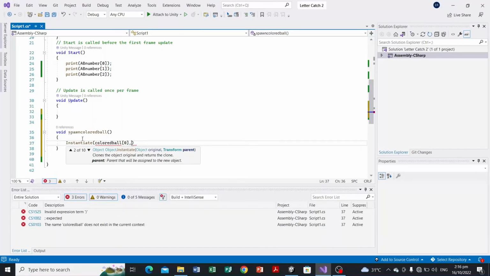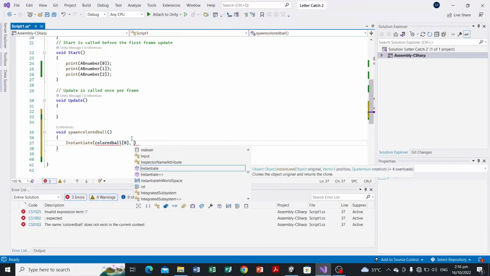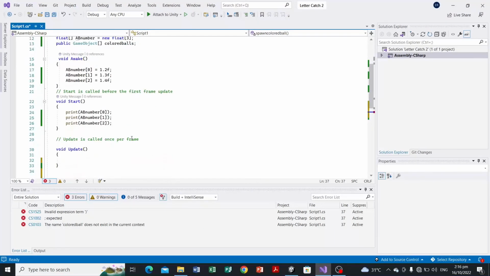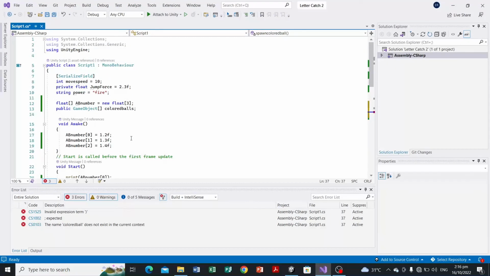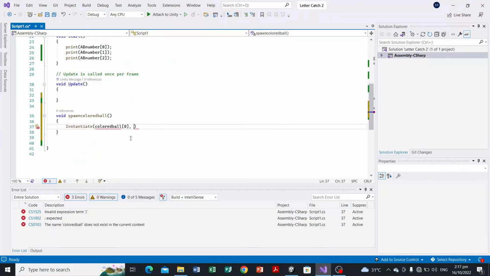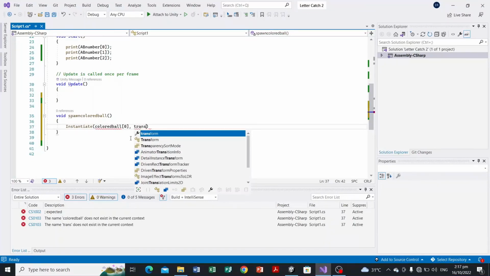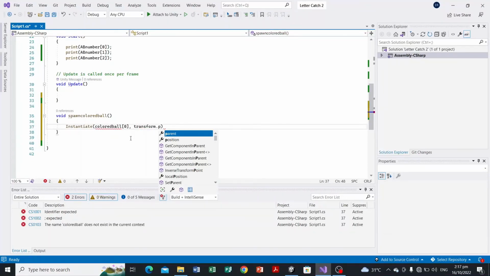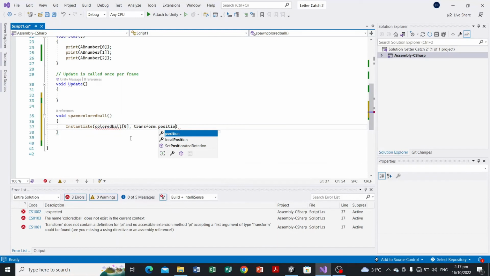In the instantiate function, the syntax is the function name instantiate, open parenthesis, and the object that you want to instantiate, and next, where do you want the object to be instantiated? So I will put here game object, let's say transform that position,